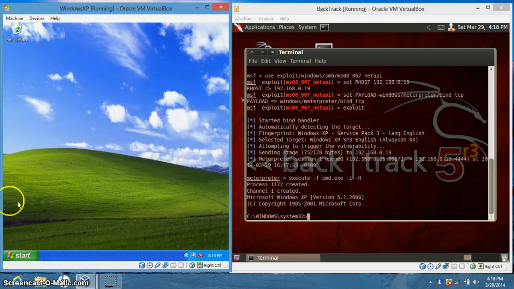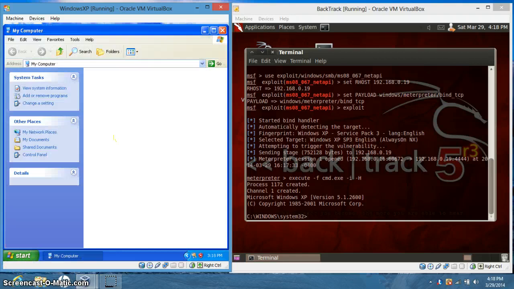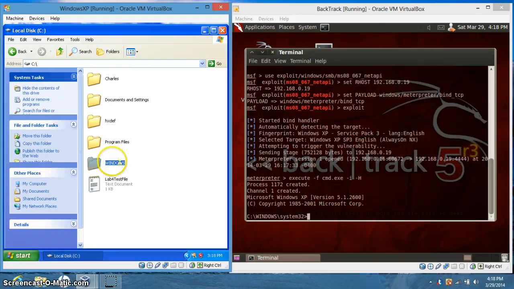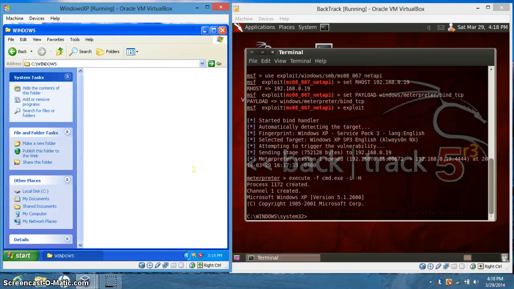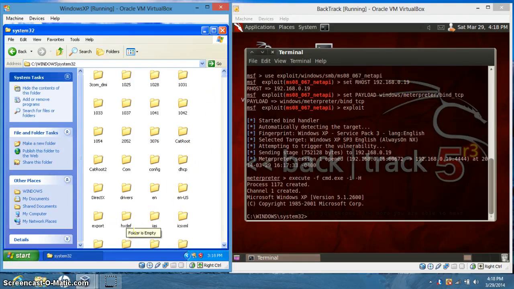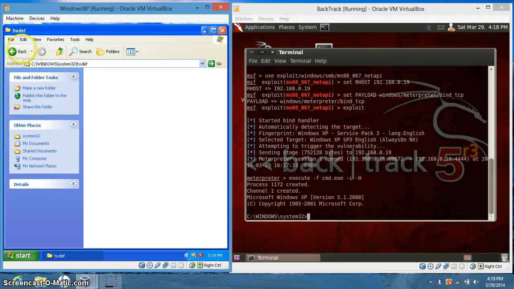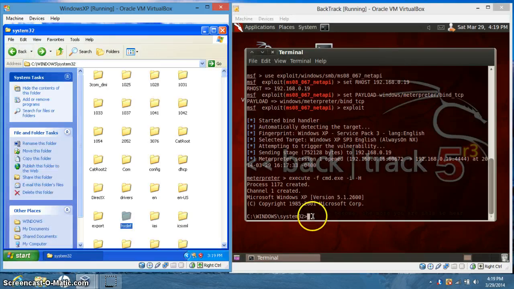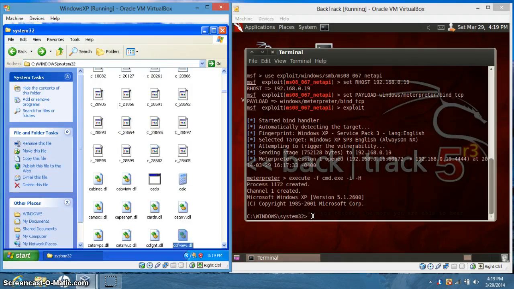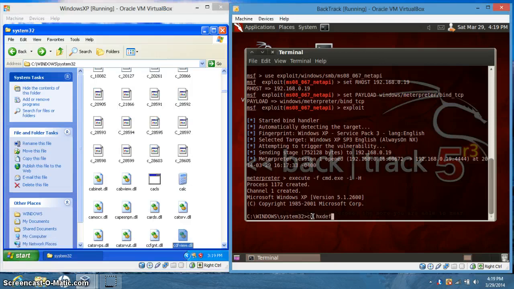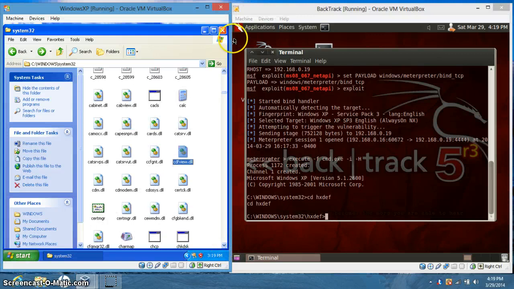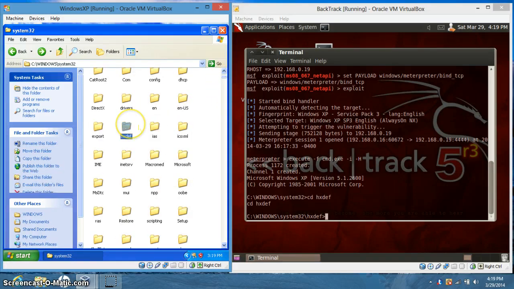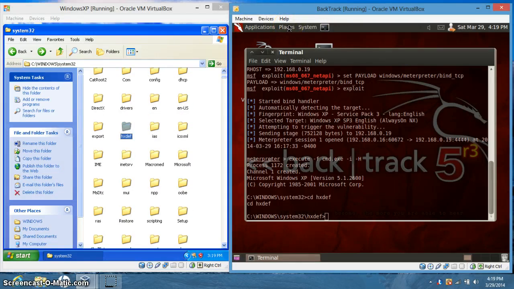So let's go to our victim machine. Navigate to our Windows System32 folder. And here we have our hxdef folder. The folder is empty, of course. Alright, so now that the folder is already made, we want to navigate to that folder. Now what we want to do next is upload our files for Hacker Defender, which will be the